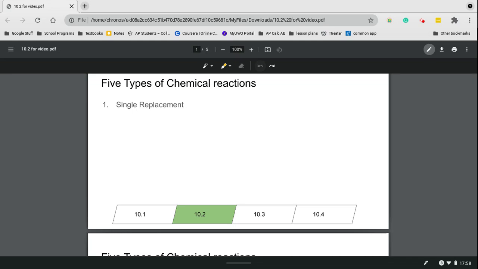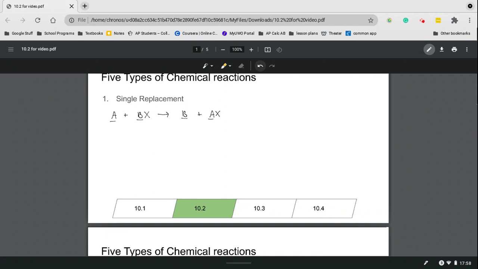So let's go through the 5 types of chemical reactions. So first of all, we have single replacement, and that's taking an element and a compound and then switching them around. So what it would be is that these two are going to switch spots. So an example of that would be